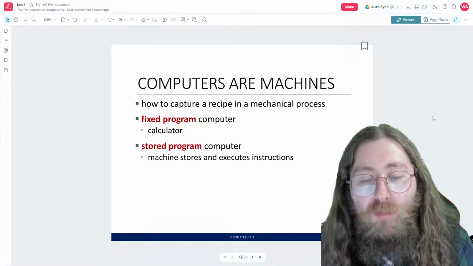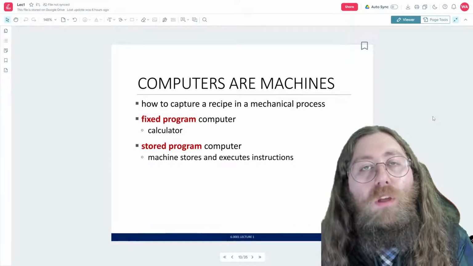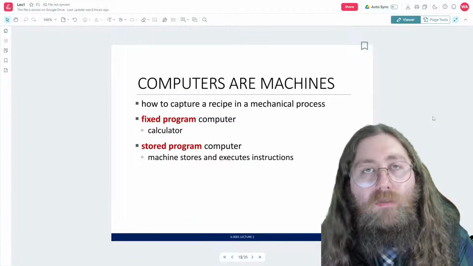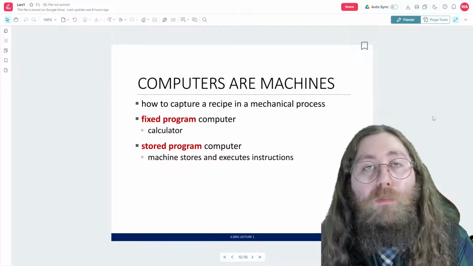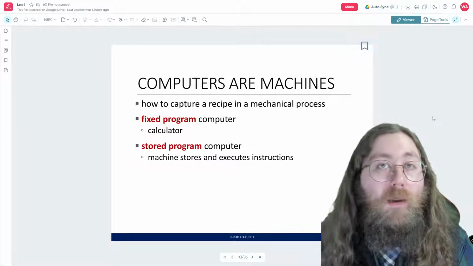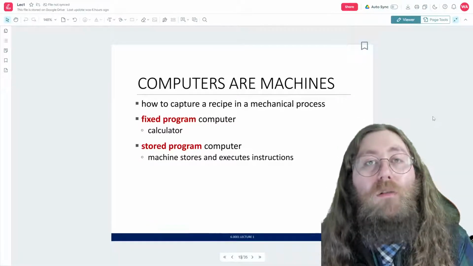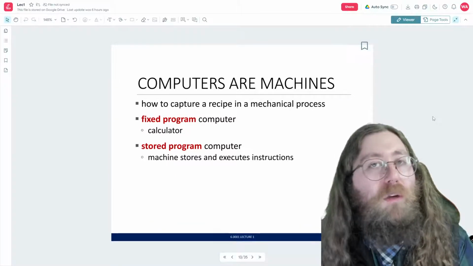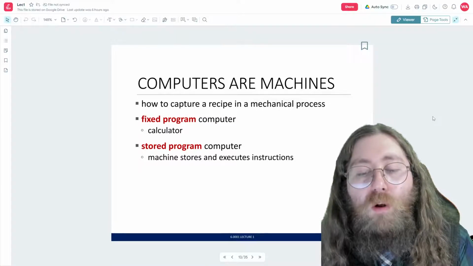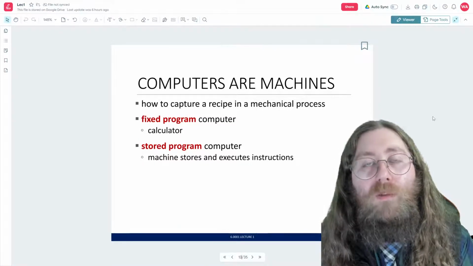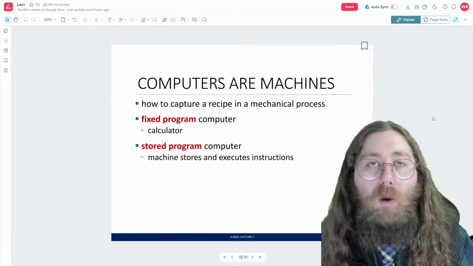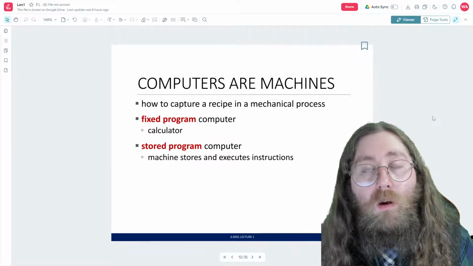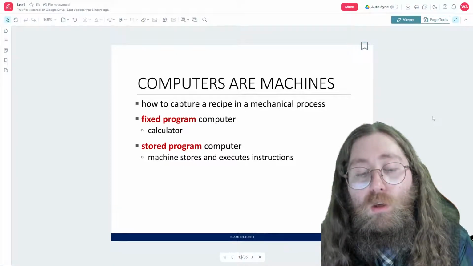These types of computers, and they are computers, can only do a limited set of things, like add, multiply, divide. You might be able to put a variable in there, like one at a time. You might be able to store some values in some calculators, but then if you pull the battery out, those values probably go away. Fixed program computers can only run the programs that are built into their memory. They have very limited processing power, and they have very limited things that they can do.